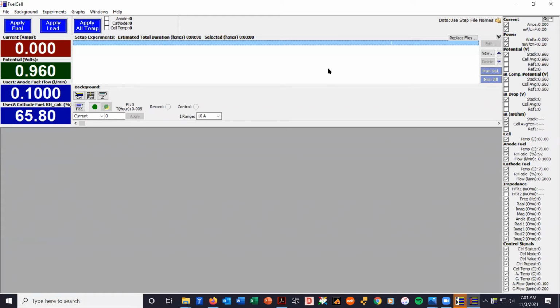Okay. All right. So this is FuelCell, as we all know, and I want to note a couple things. First of all, this is about as basic as it gets in terms of setup. And as we add different accessories and devices that get controlled through the software, we're going to get some additional buttons and different things will show up. So, for example, as we add an auto back pressure unit, an apply pressure button will show up here. As we add a potentiostat, a button will show up here, and other things as we add different